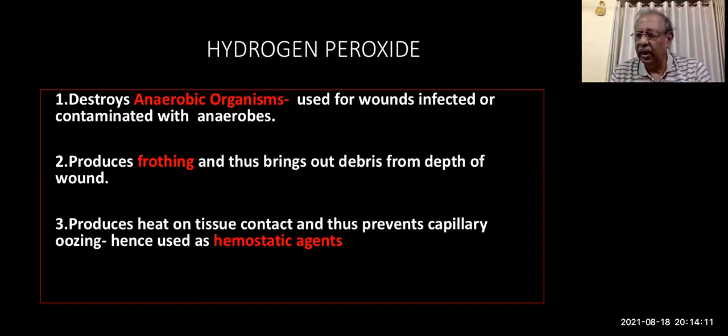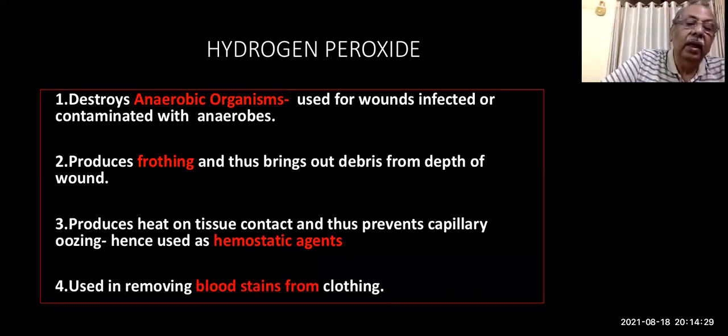Previously, it was used in preparing the femoral canal and acetabulum during total hip replacement, but nowadays it is not commonly used. But it is still being used after curetting of cavities in giant cell tumors. It is used for removing blood stains from clothing. So the main thing you have to remember is anaerobic organisms. It can be used as a desloughing agent because of the frothing properties, as a hemostatic agent, and for removing blood